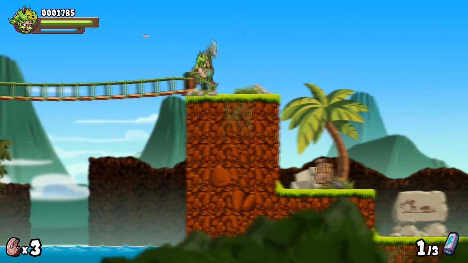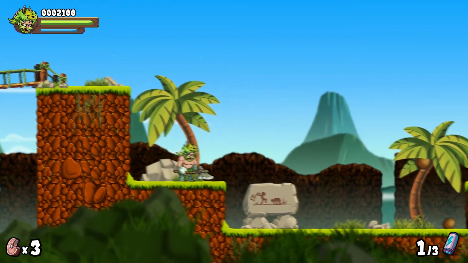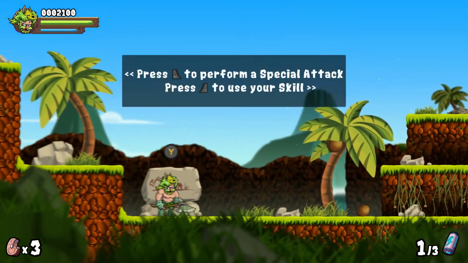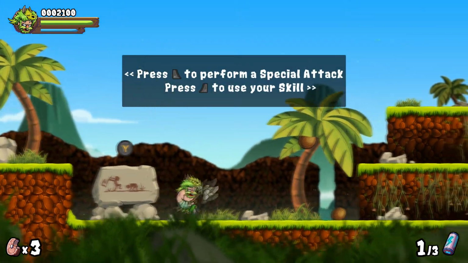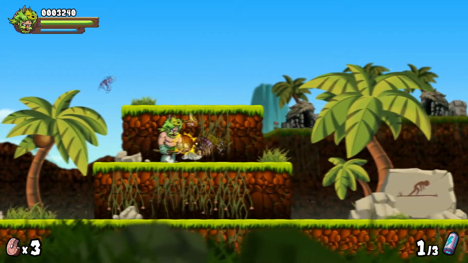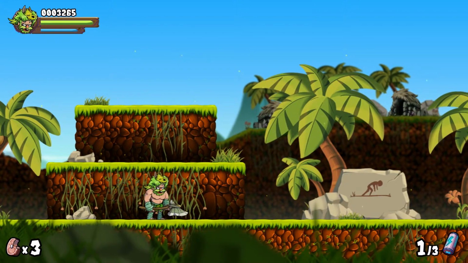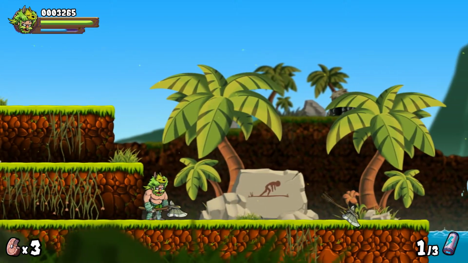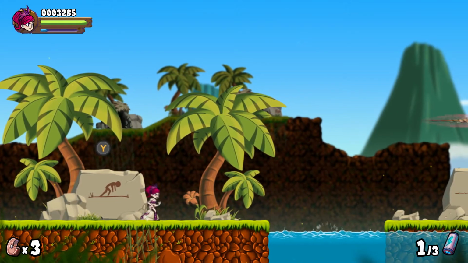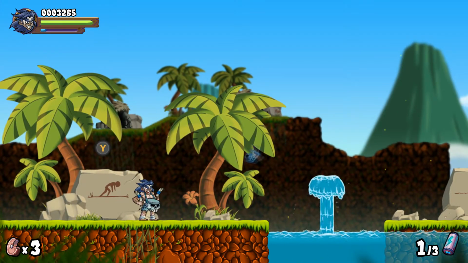The controls are fairly simple. A is jump. Up and A is super jump. You can also press B. It does exactly the same thing. Y lets you interact with certain things, and X is attack. On top of that, all of the characters have 2 unique abilities, one with right trigger and one with the left trigger. These all vary. They all do different things, such as...